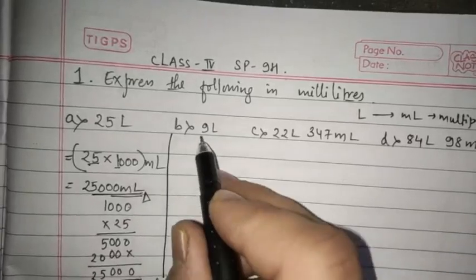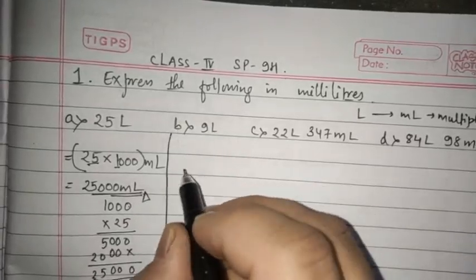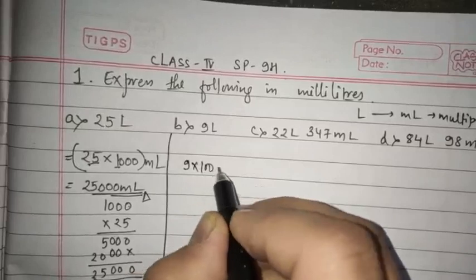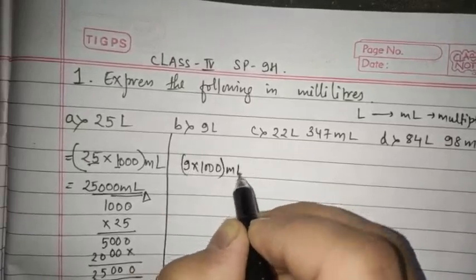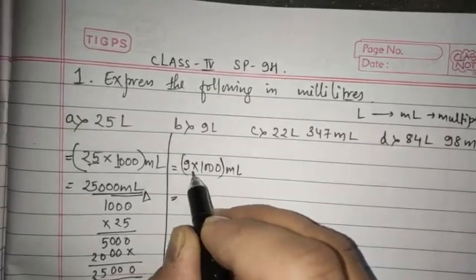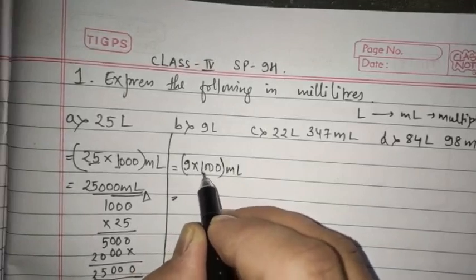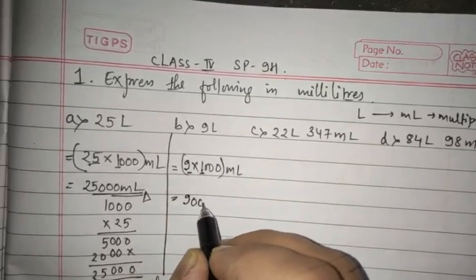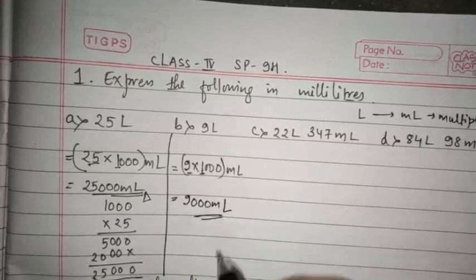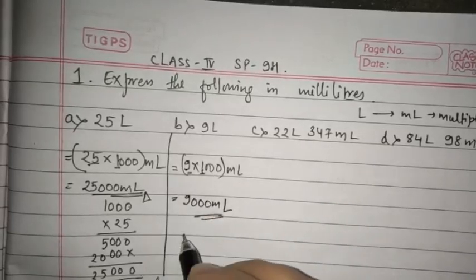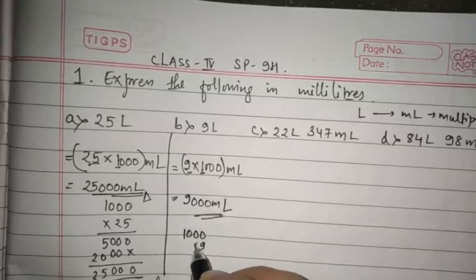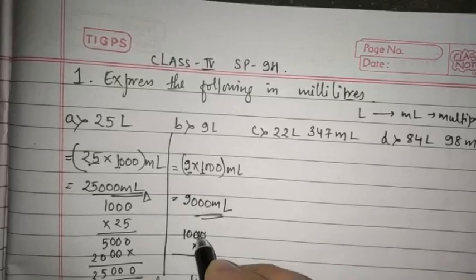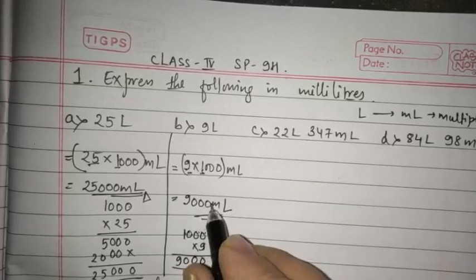So proceeding to the next one, 9 liter into ml. Just simply multiply with 1000. What I have told you, you'll first multiply this first part. 9 ones is 9. How many zeros are left? 3. This is the way of doing. Okay, you may multiply also like this, 1000 into 9 to cross check it. 9 zeros are 0, 9 zeros are 0, 9 zeros are 0 and 9 ones are 9. What is the answer? 9000 is the answer.